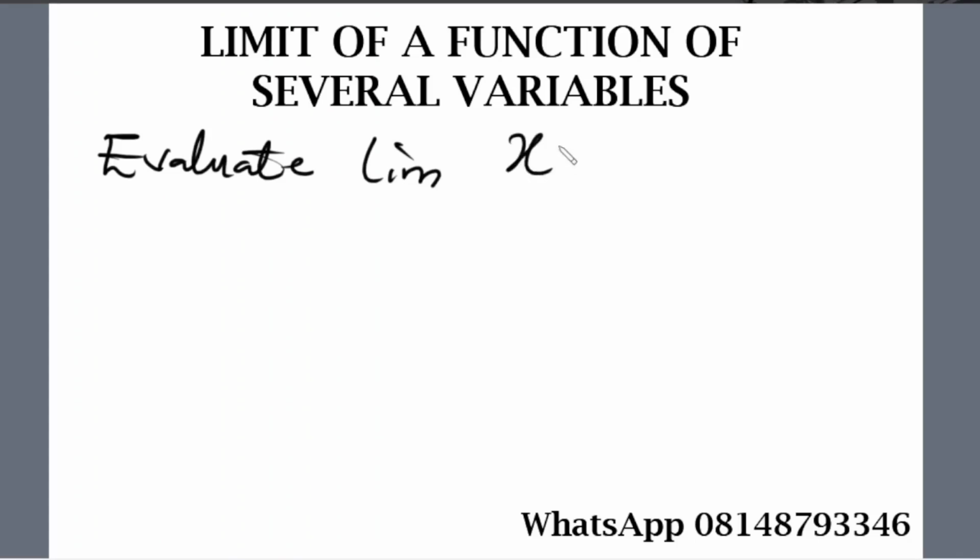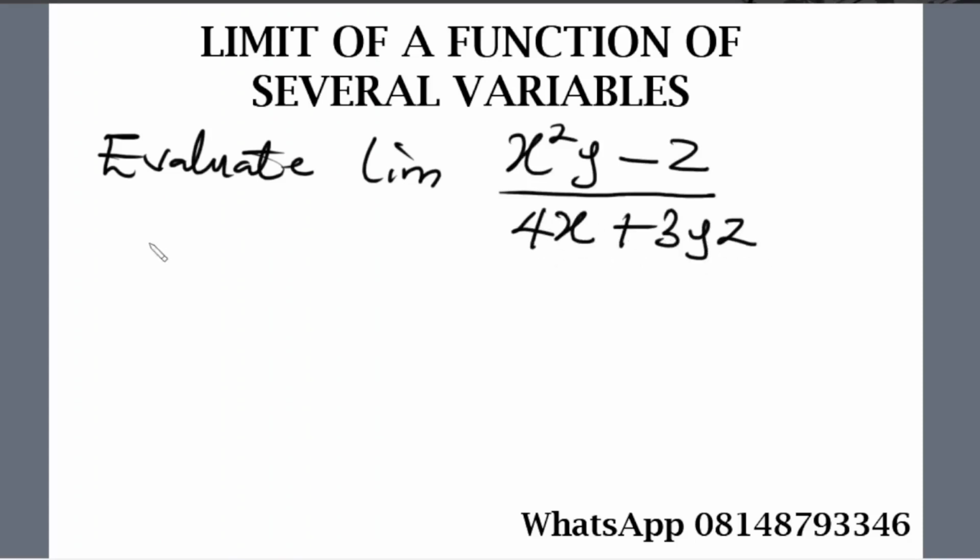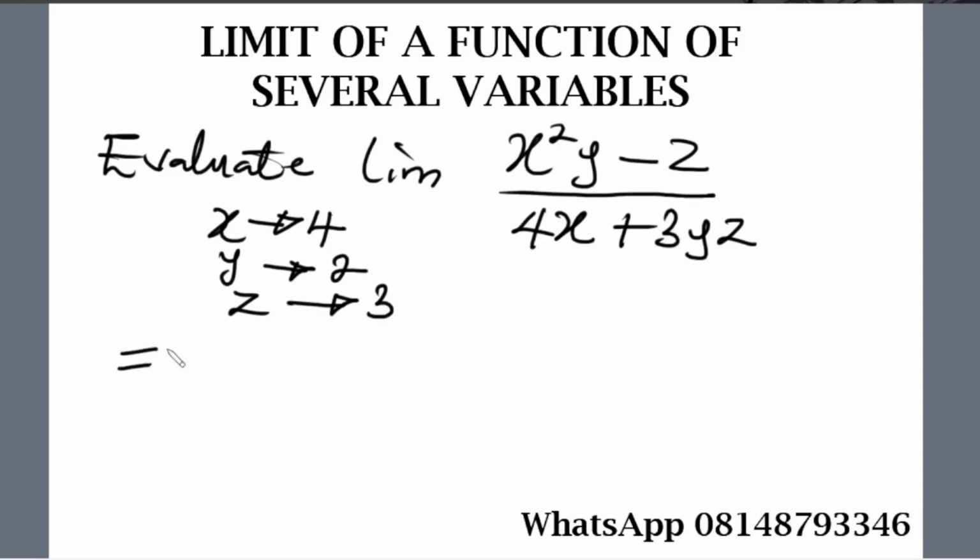Now let's take another example. Evaluate the limit of x squared y minus z all over 4x plus 3yz as x approaches 4, y approaches 2, and then z approaches 3. Using the direct substitution method, wherever we see x, you substitute 4. Wherever you see y, you substitute 2. Wherever you see z, substitute 3. So we have here